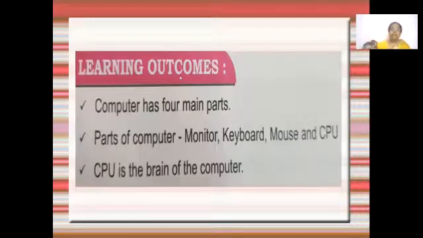Next, what all did you learn? You learned that a computer has 4 parts: the monitor, keyboard, mouse, and CPU. What is the work of the monitor? The monitor will show you small pictures. It is used for showing information or searching for information. The keyboard is used for typing, to type any sentences. It types numbers, alphabets, and special characters. The mouse is a pointing device. It helps us to point to any object.